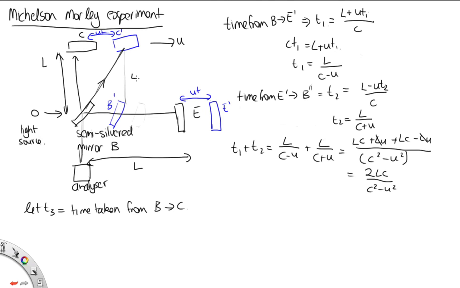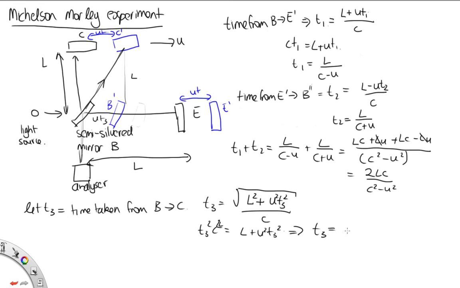And so we've got this distance is L, this distance along here is UT3, and so using Pythagoras' theorem, the distance it's travelled is the square root of L squared plus UT3 all squared. And to get the time, we divide by the speed it's going at. So we want to find out T3, so we've got T3 squared C squared is equal to L squared plus U squared T3 squared. So that tells us that T3 is equal to L over the square root of C squared